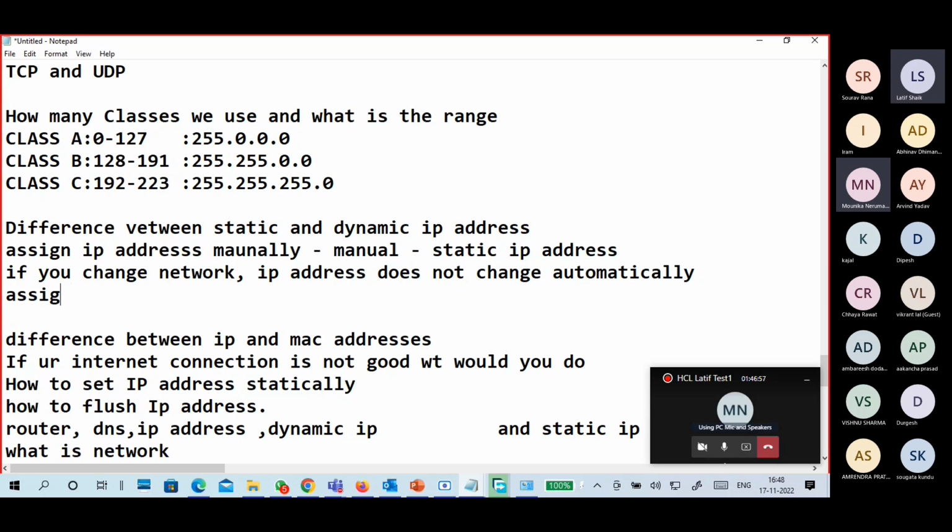For dynamic, we assign the IP address automatically from a DHCP server, the dynamic IP.